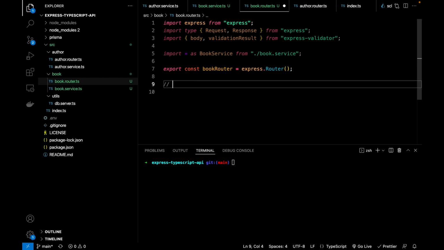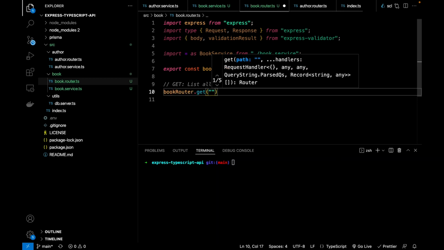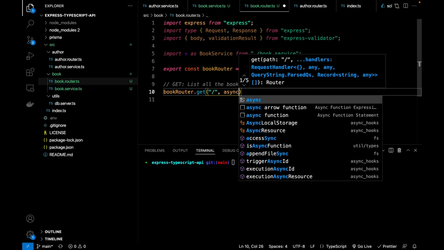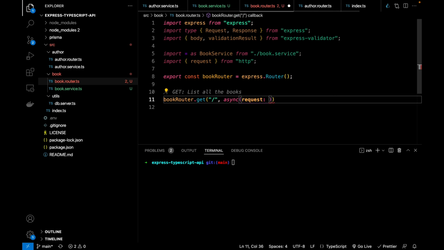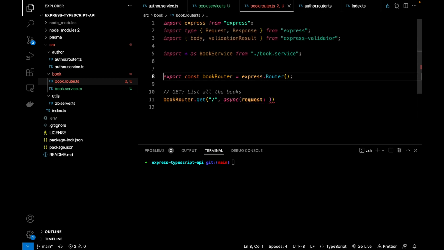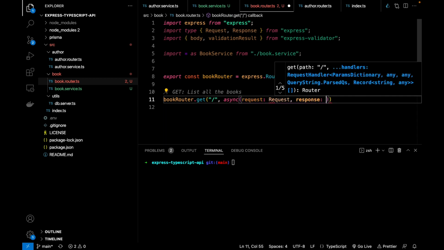Then let's create our get endpoint. So get, list all the books. Say bookRouter.get('/') and then async request. Whoops, did that just import something? Yeah, it did. This is going to be of type Request, Response,